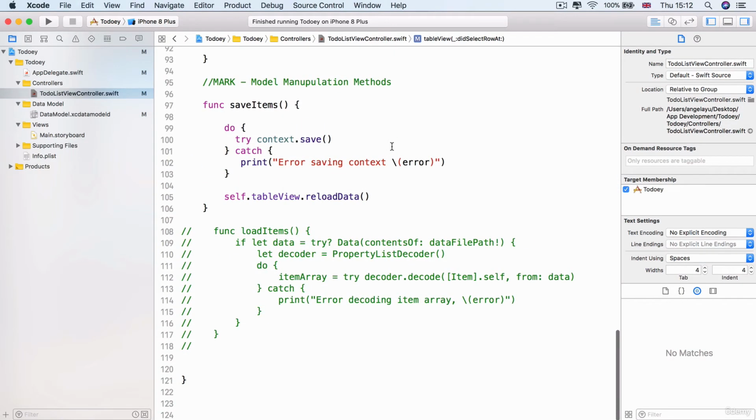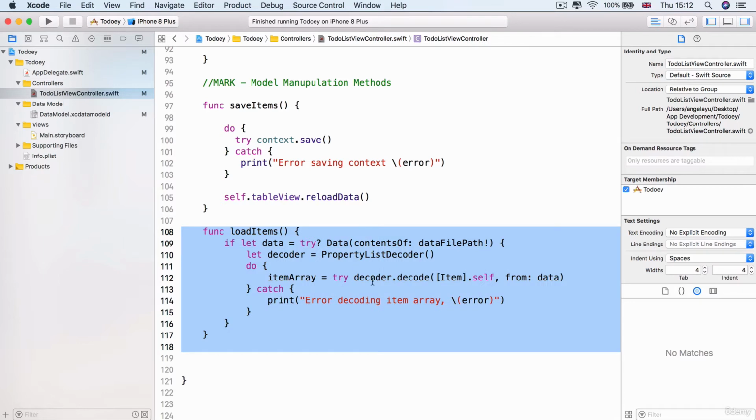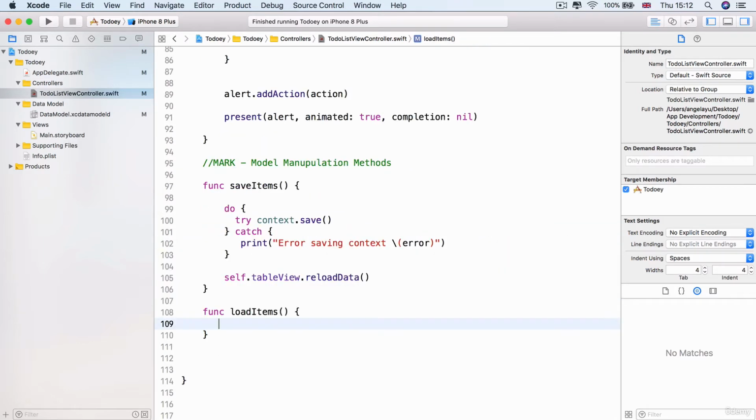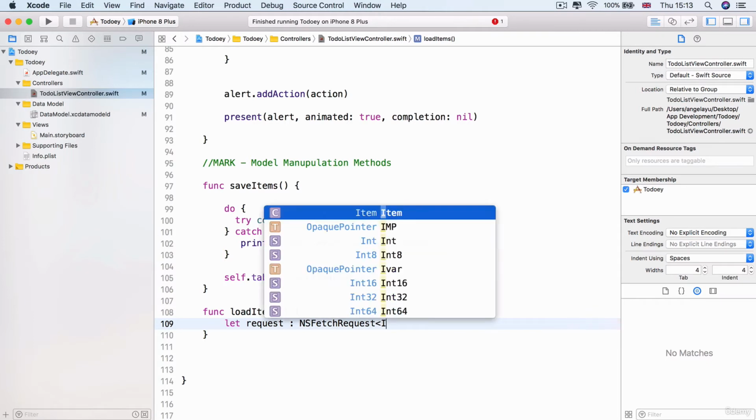So how can we load up items from our persistent container? So let's go into our load items function and let's uncomment it. But we're going to delete everything that's inside because we're using something that's completely different from encoding and decoding. But instead, we're going to create a new constant called request. And we're going to specify its data type as NSFetchRequest that is going to fetch results in the form of